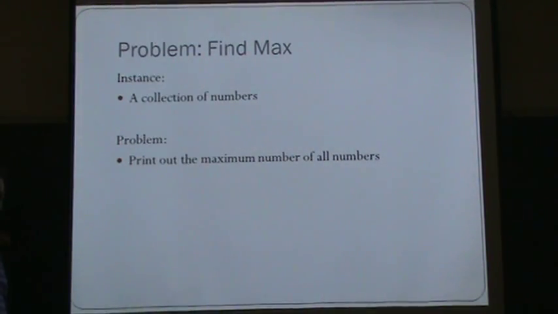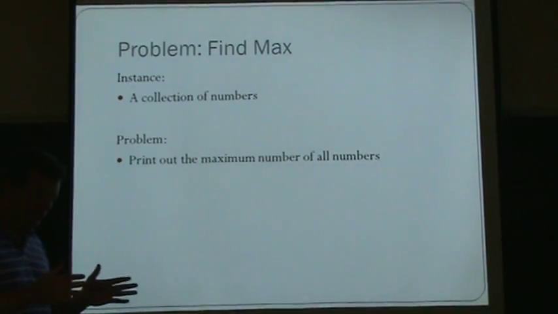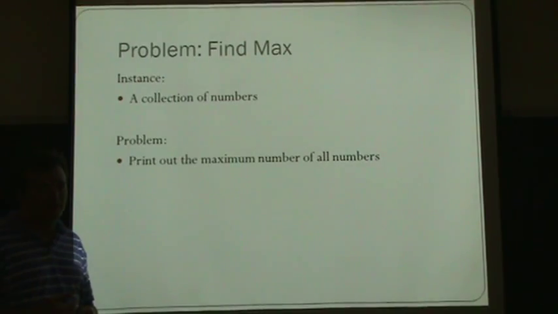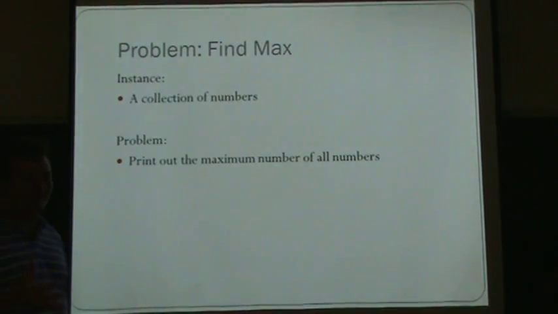Now that you came up with that suggestion, is there a way to argue about it? Your algorithm takes, if there are n numbers, approximately n to 2 times n steps. That's the most I can say. Right. Is there any way somebody could ever come up with an algorithm that could declare the maximum number without even looking at all n numbers? Like just ignore some of the numbers? Maybe there is, but I can't think of it. Well, does anyone want to make an argument that it can't be done?